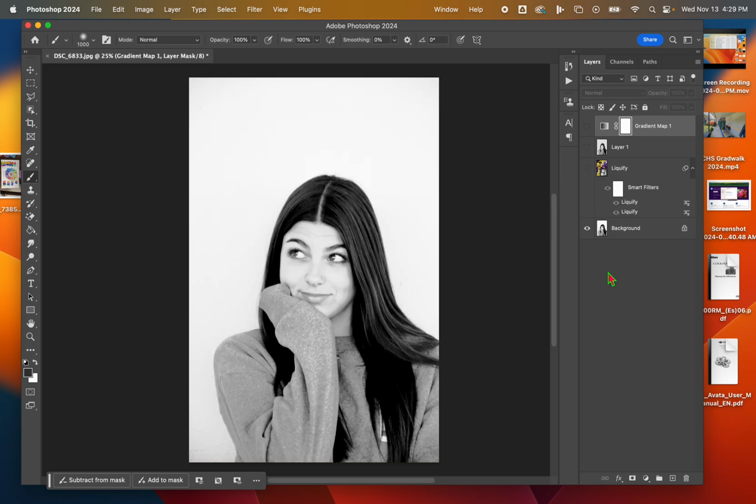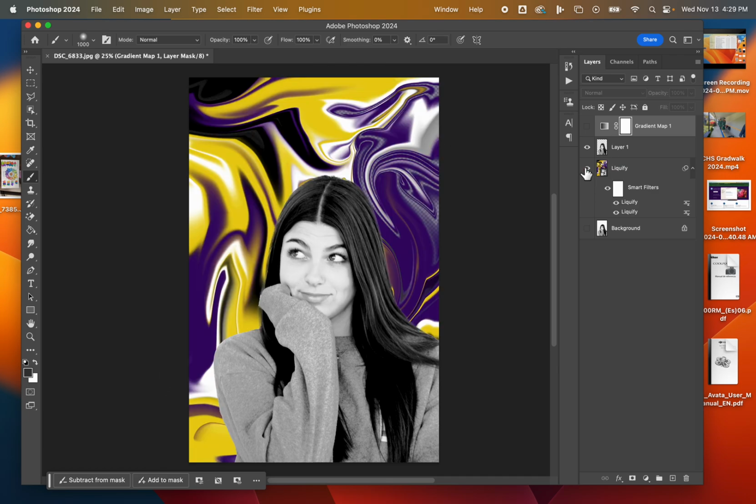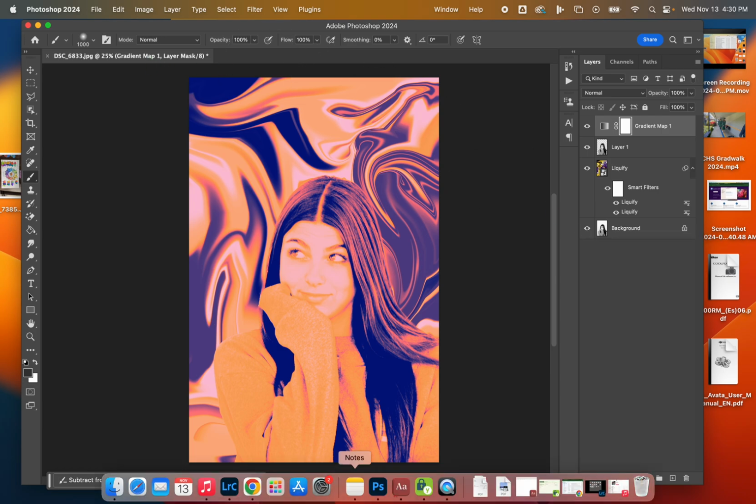And you are also going to learn how to take this background layer of your studio picture and cut out the background so you just have the person. The Liquify goes in behind it, and then to make the colors and everything work together, we put a gradient map over the top. And you've done lots with gradient maps, so you're good at that. Okay, so that's where we're going to end up. So let's go back to Lightroom